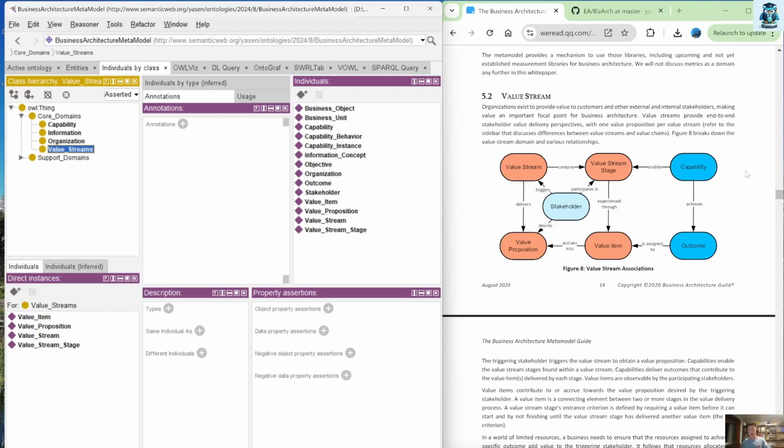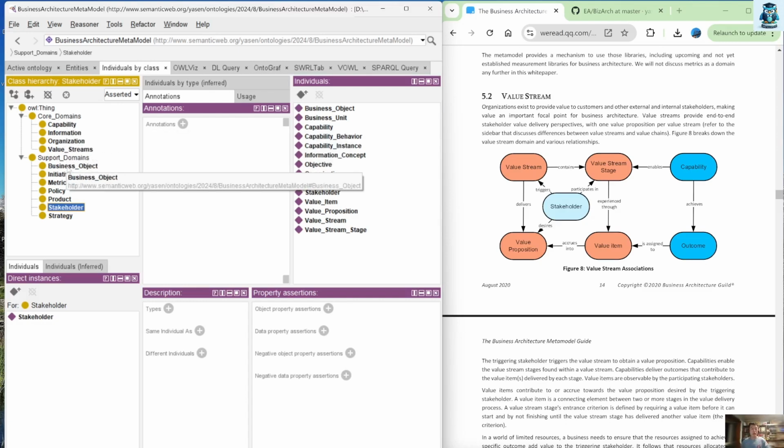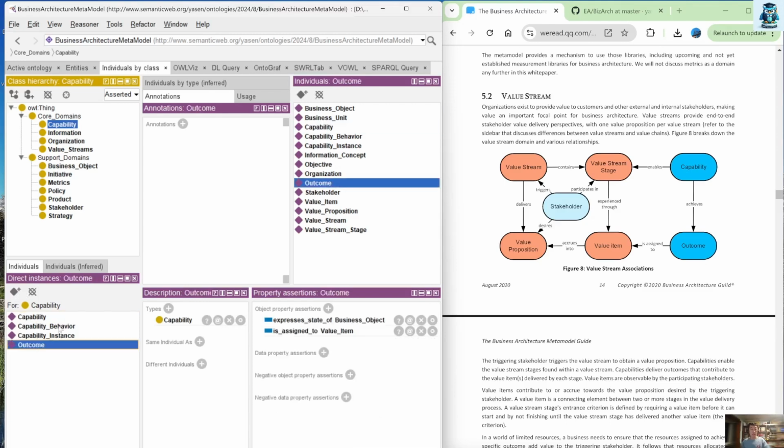And then within this value stream meta model we also see the stakeholder. So stakeholder is on these support domains. Then I created a stakeholder under the stakeholder class. Originally I started with just a plain one-level class. Now from this demo I show you these two different groups. And similarly on the capability, within this first chart we saw the capability and outcome. These two the next chart shows you. And then we can start to analyze